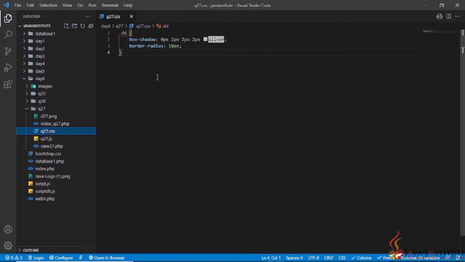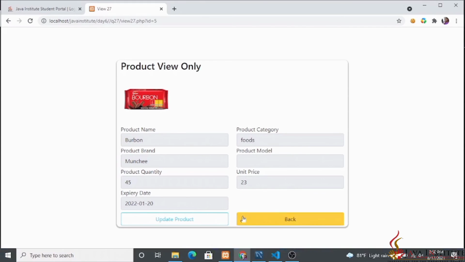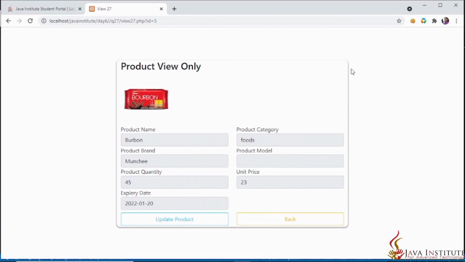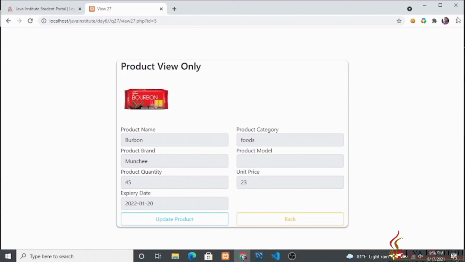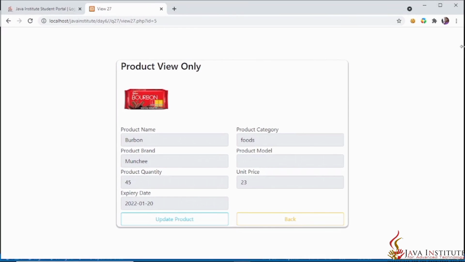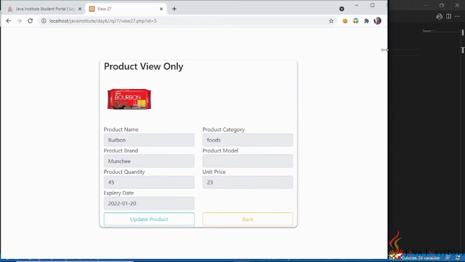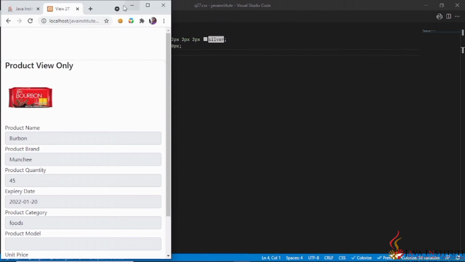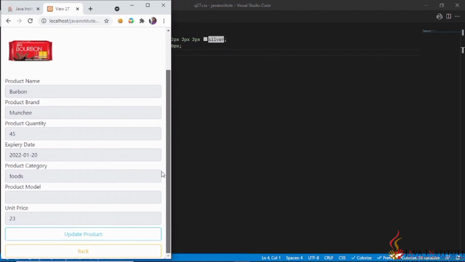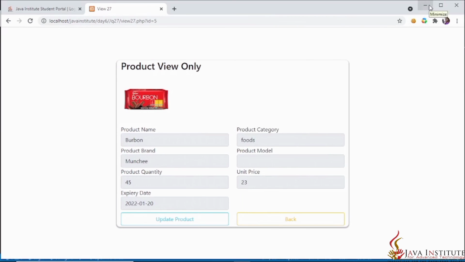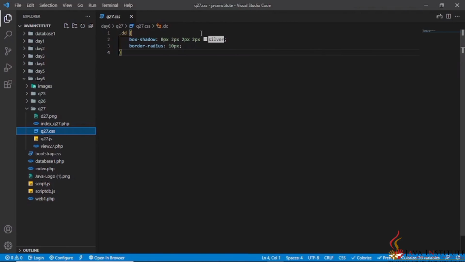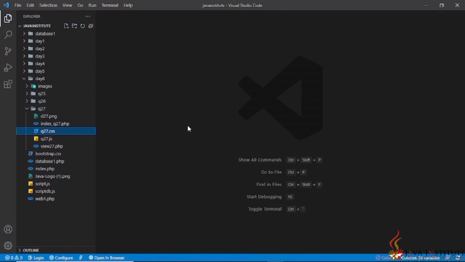So this is the q27.css, the custom CSS I have used here for the box, that means the product view. I'll show it here. This is the box, and you can see I have given a box shadow, and for that I have created this. And okay, I'll show you the responsiveness also. This is the way I have created my page in a responsive way. You can see here the extra small size, then small, then medium. For all the sizes, this view page is also responsive. And okay, this is the way I have created the answer for my question 27.